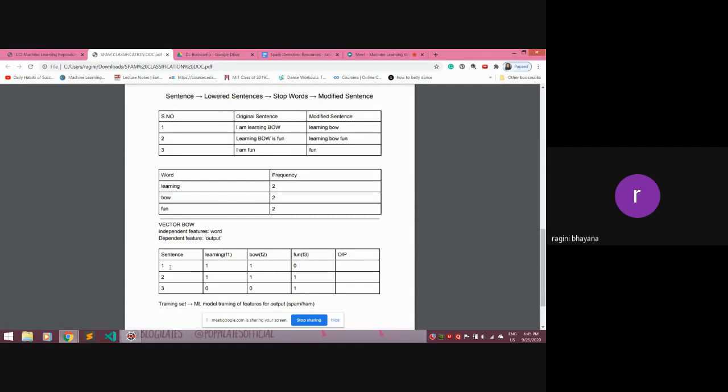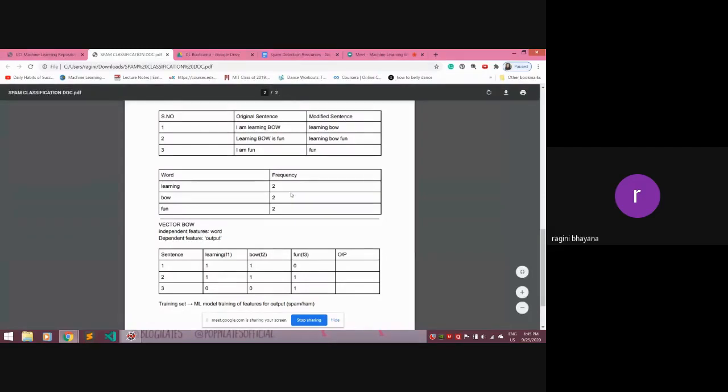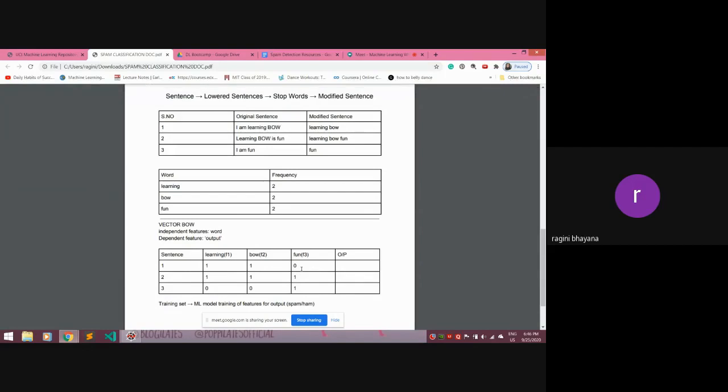In sentence 1, learning and bag of words are both present, so we have 1 for these two, but fun is not present in the first sentence. Therefore, in the matrix, there will be a 0 for it. For sentence 2, "learning bag of words is fun" is modified into "learning bag of words fun".